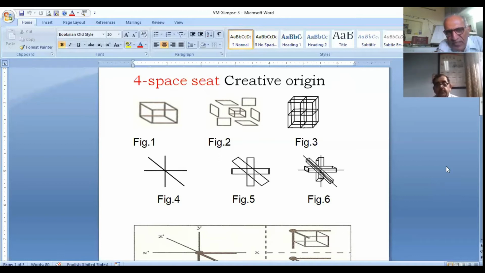So first fold is a line, 1 space. Second fold is a plane, surfaces. Third fold is the volume. Now 1 space as dimension fold, 2 space as a boundary fold, 3 space as a domain fold.